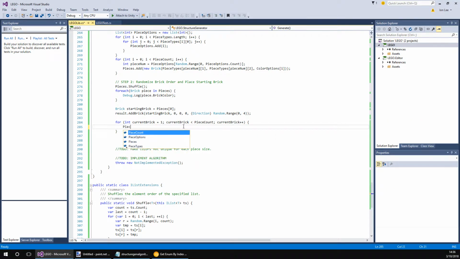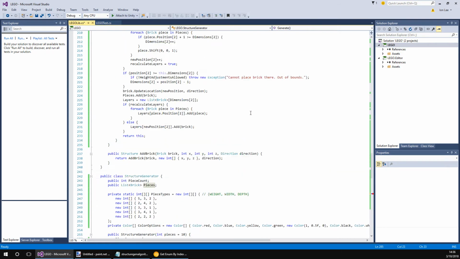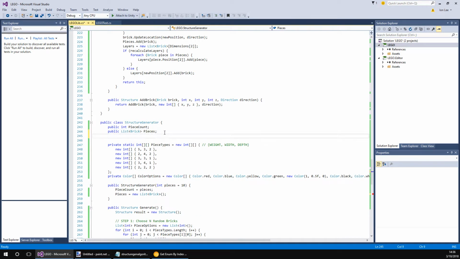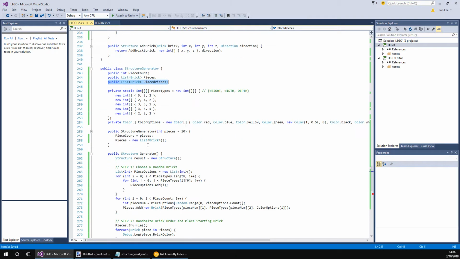So I can do pieces to see which pieces are placed. So what I'm actually going to do as well, I'm going to do public list brick placed pieces. This will first specify the order that they were placed in, but I don't think I really need to record the order that they were placed in, because pieces